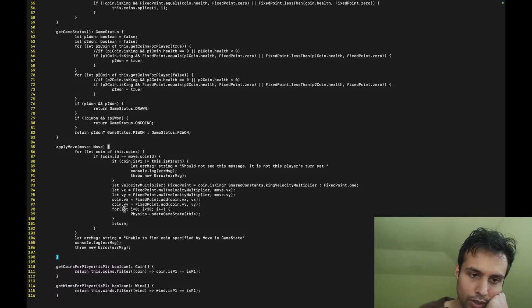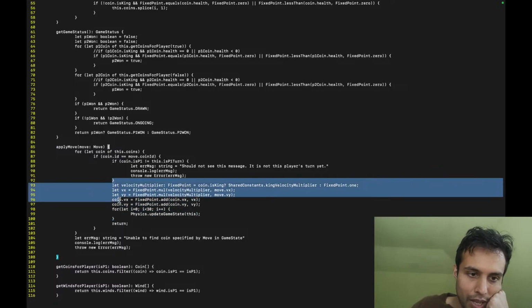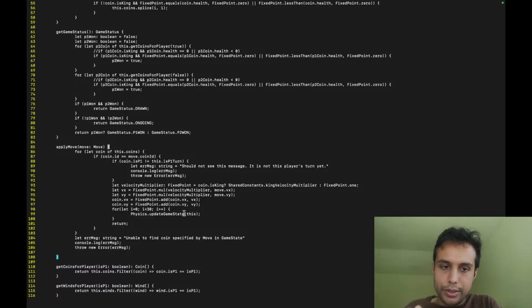Connect four's analogous step is dropping the coin, computing the position the coin will land, the first unoccupied tile from the bottom up, and then it just adds it, right? It basically takes the move and applies the move. That's why it's called apply move. So here's where we're actually applying the move. Once we found the coin, we apply the move to it, and we let the physics engine step through to move the coin, handle the collisions and do all the physics stuff. Just let the game unfold a bit.